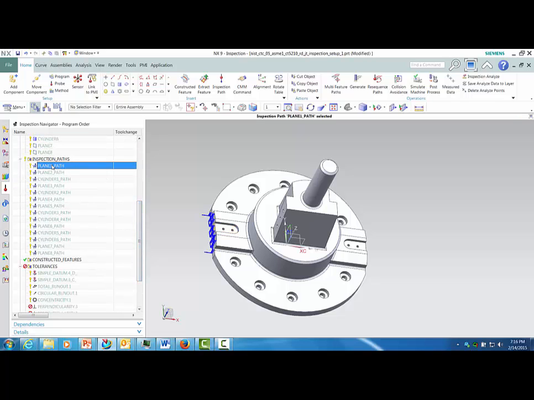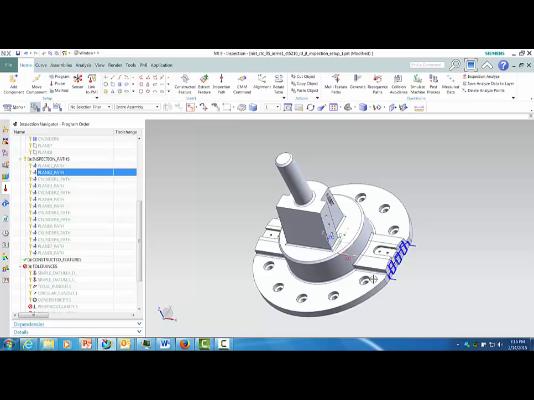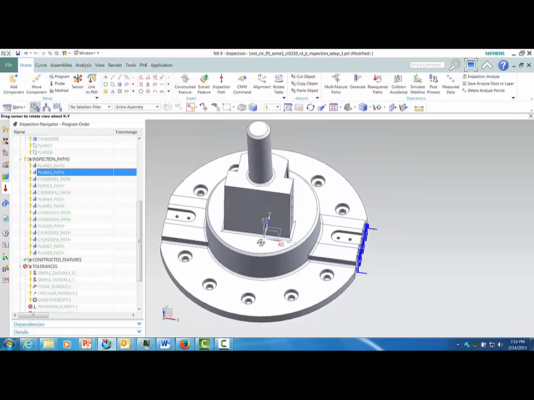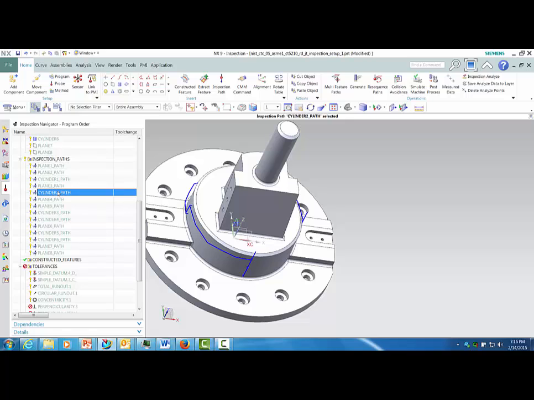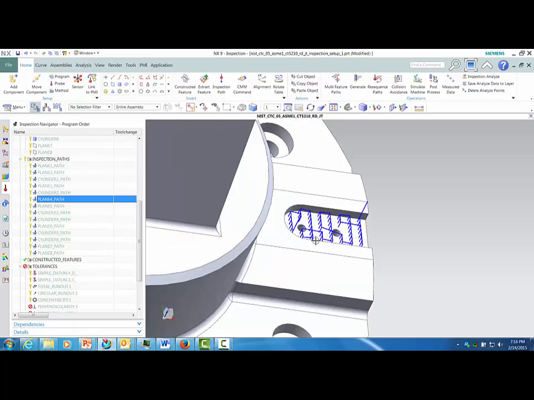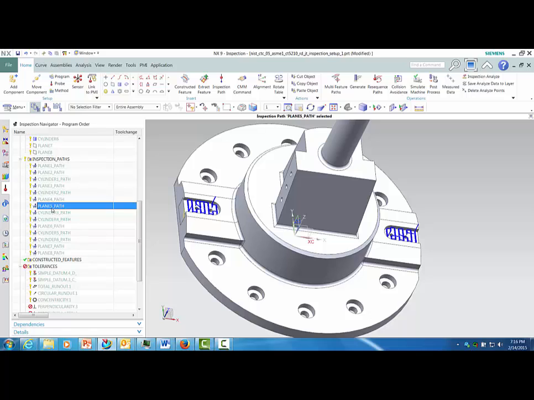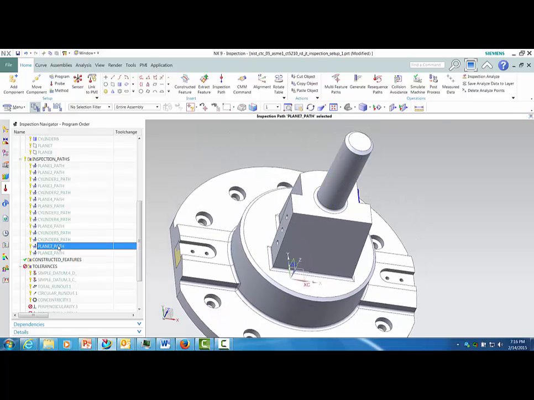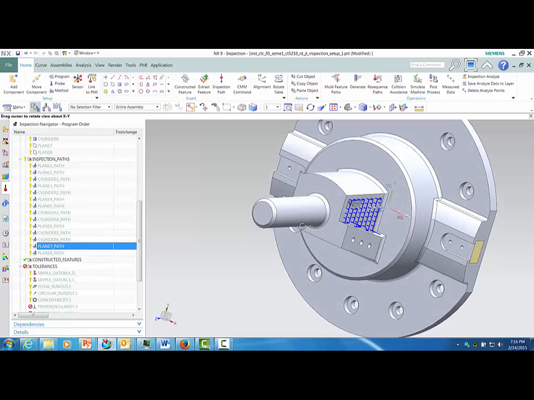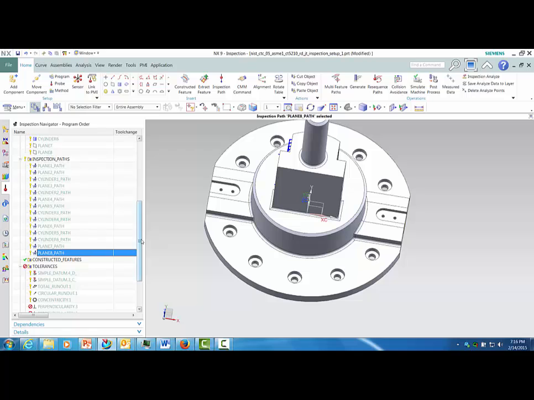If we select the inspection paths, you can see the paths there on the features of the model. Of course, you can go in and edit those and add more or less inspection points, but it gives you a good starting point. You may also want to change the probe angles to a more convenient orientation for your probe. So there'll still be some work that will need to be done, but we're going to just leave it like it is, and